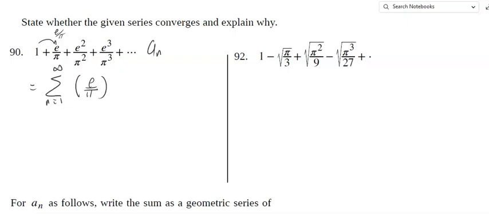right? Remember, a sub n is a sub 1 times r to the n minus 1. So that is 1 times e over pi to the n minus 1. There it is. You could check. Let n equal 1. You get e over pi to the 0 power. That's 1. When you put 2, 2 minus 1 is 1, and so on and so forth. So we say r equal e over pi, in absolute value that is less than 1, because this is 2.7 and this is 3.14. So this infinite series converges,